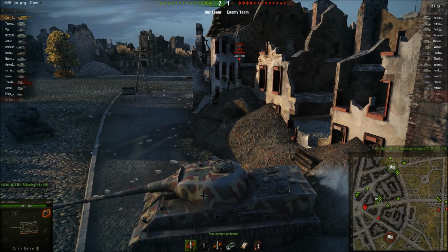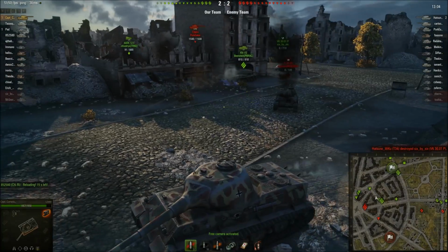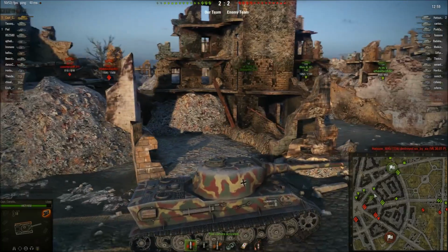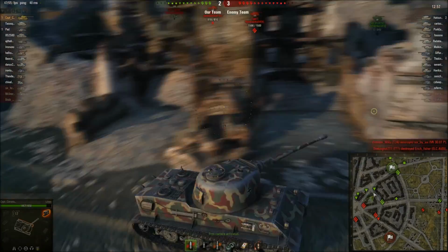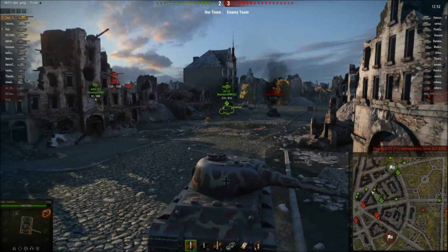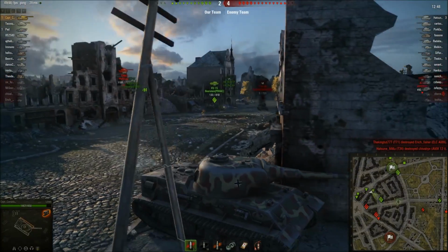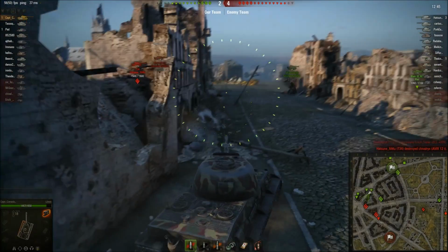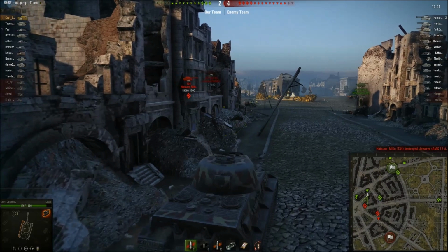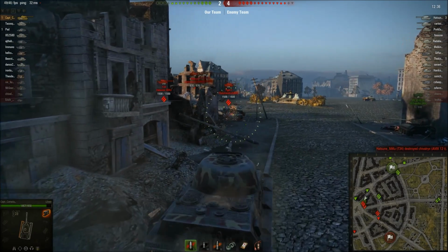So shooting at a hull down AT-8, probably not the best idea. I'm going to pull back, and I see that there's heavy tanks coming around this corner, so I'm going to try and intercept them. The only other guy on my team that is supposed to be good is this PB Capt guy. Typically they're fairly strong, but he's in a tier 6 tank and he's getting owned. He shouldn't have moved into that position by himself because he didn't have any backup, and there were 2 tanks there waiting for him. So I'm going to pull up,